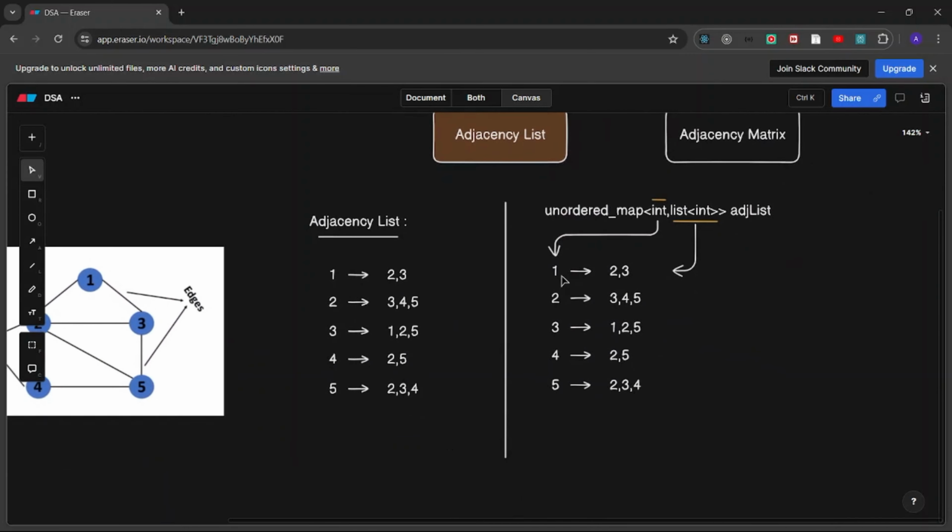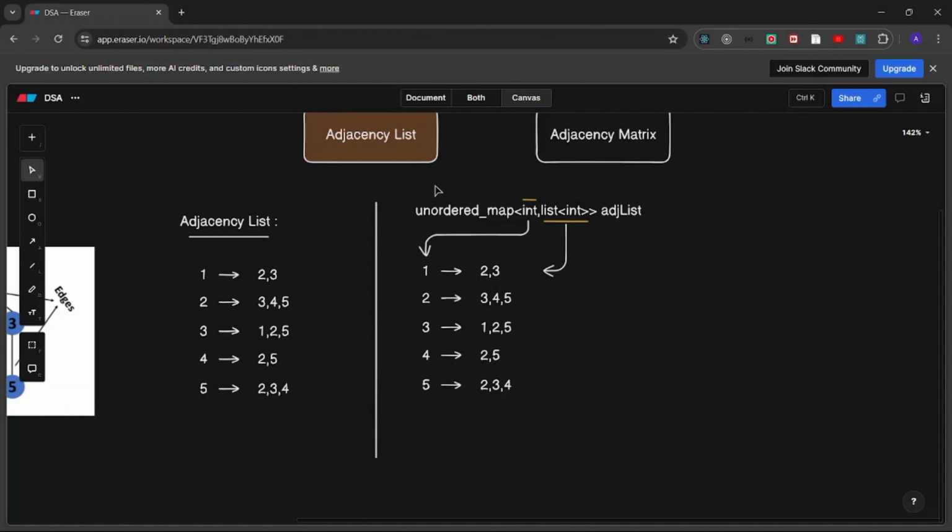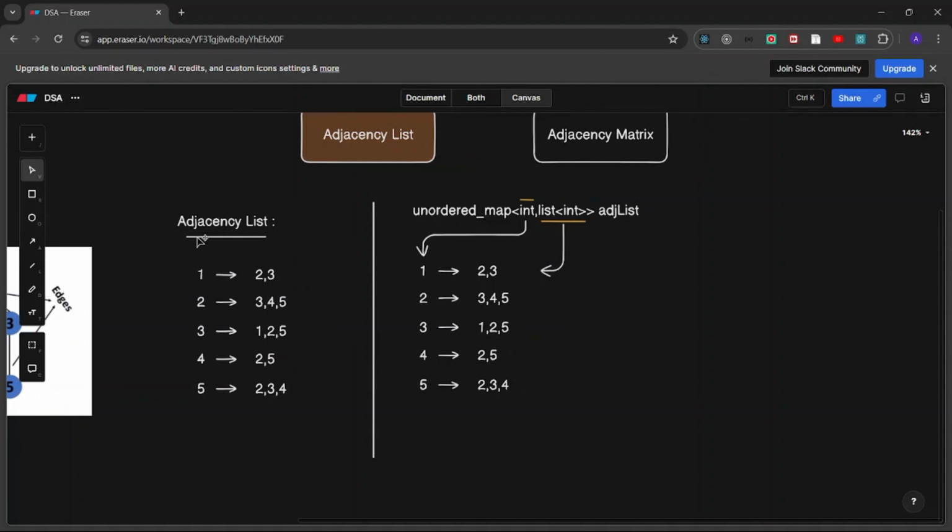Moving ahead, we will be coding in C++, but you can choose any language. In C++, the data structure we will use for storing the adjacency list is an unordered map of int and list of int.